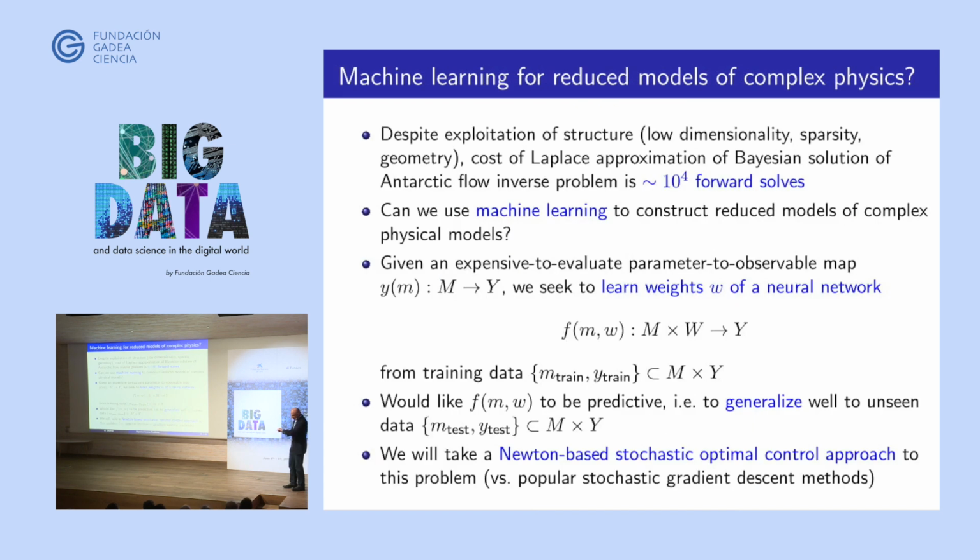Okay, I have a few minutes left. So still, despite the exploitation of curvature and low dimensionality, in the end you're still doing 10 to the fourth linearized forward solves. So the adjoint involves linearization of the forward model. But this is still quite expensive. And for Antarctica, all of those computations took about 10 million processor hours. And this is just the Laplace approximation. So the idea is, can we replace these forward models with reduced models? I mean, this is something that people have thought about for many decades.